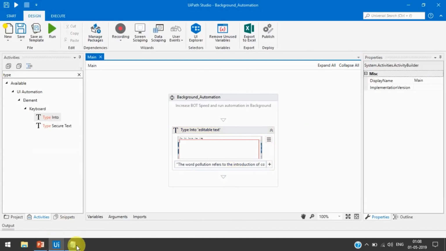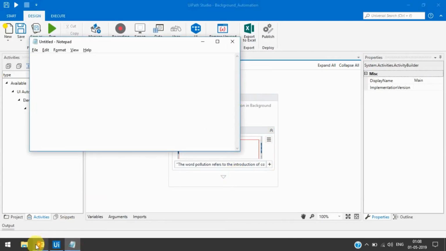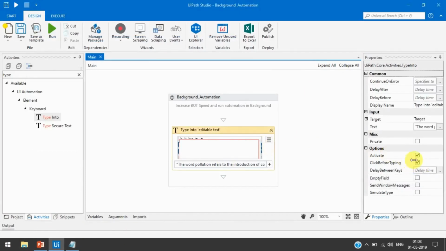So if we use these methods, then even if this application is not visible, it will still work. If it is behind any application, it will still work. This option, activate and click before typing, makes it possible by keeping this notepad or this application on screen.